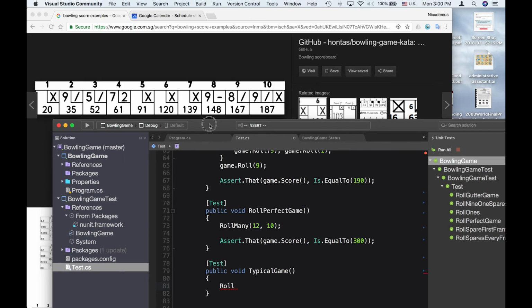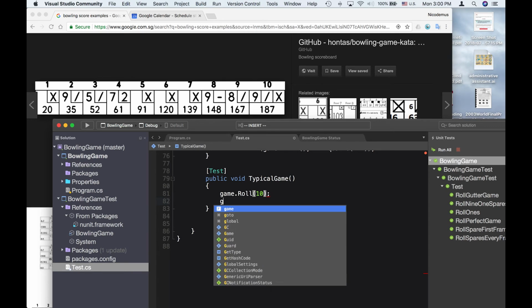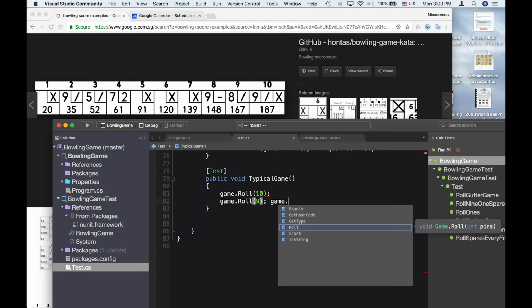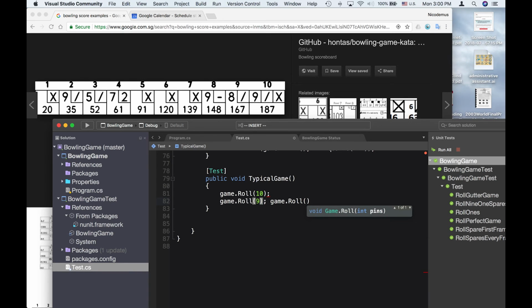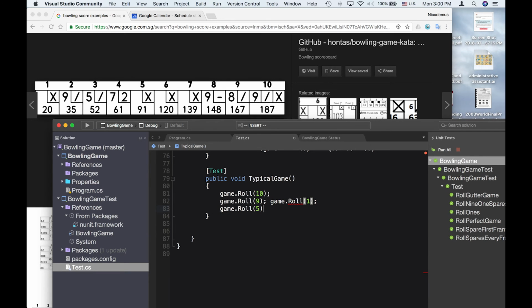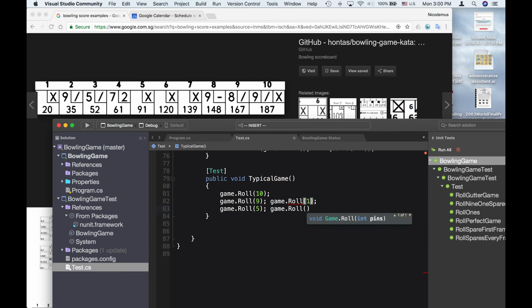And we're going to put this inside our game. So game.roll(10), game.roll(9), game.roll(1), game.roll(5), game.roll(5),